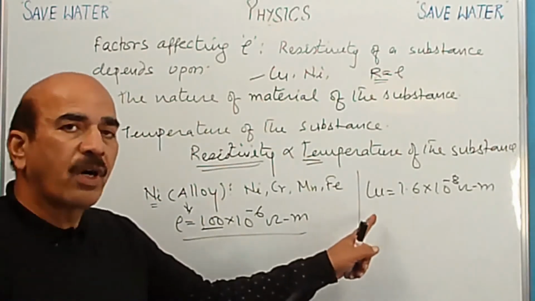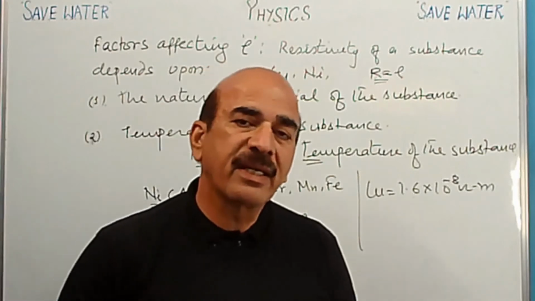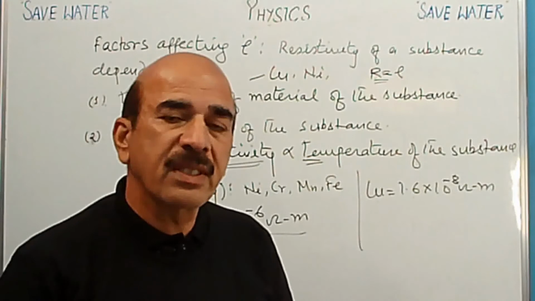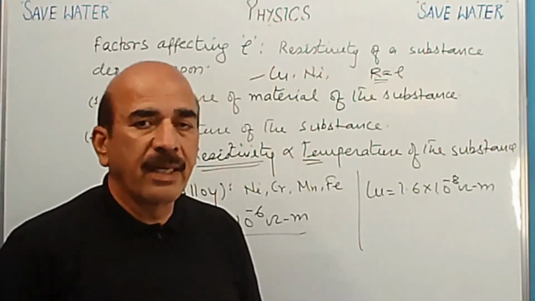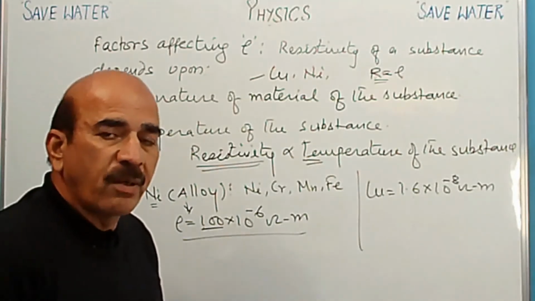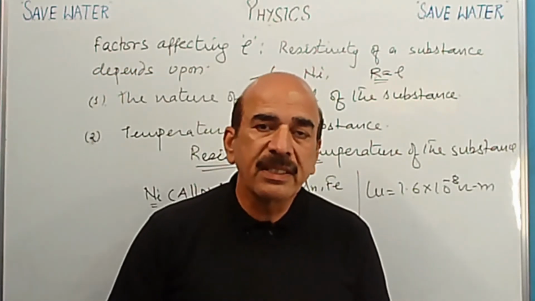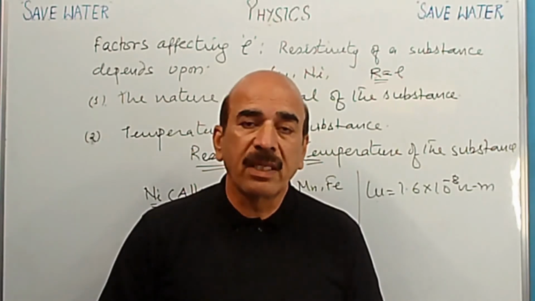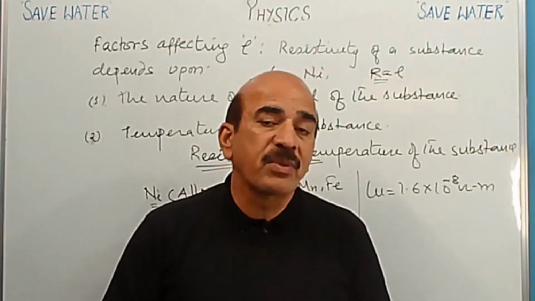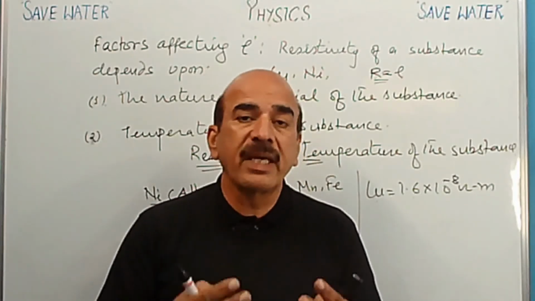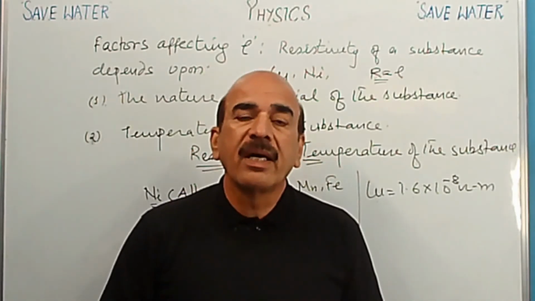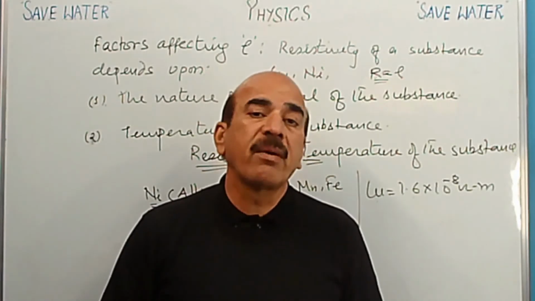So therefore copper is used in electricity transmission, and aluminum is also used in electricity transmission because the resistivity of aluminum is also very less. So any doubt here? No. So what do we come to know from this? That resistance is the property of a substance. It depends on the dimensions, on its length and area of cross section, and resistance depends on the nature of material and on the temperature also.